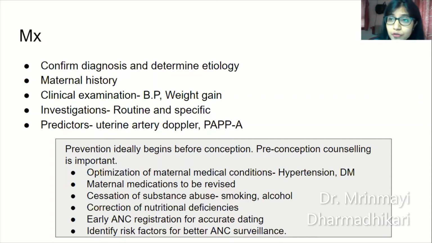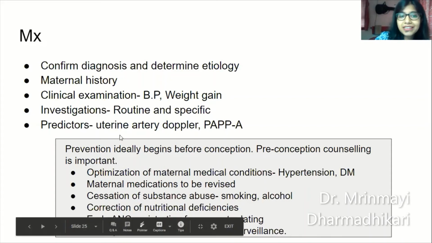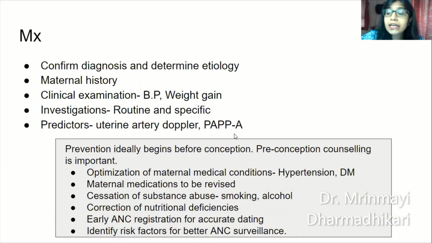Okay, next, predictors of IUGR. Now there are certain predictors of IUGR. For example, uterine artery Doppler, generally done at 20 to 24 weeks of gestation. Increased resistance in the uterine artery or increase in the pulsatility index of uterine artery or a diastolic notching in the uterine artery is suggestive or is a predictor for future occurrence of IUGR babies. Similarly, PAPP-A levels, as you would recall, we do it in the first trimester as a part of dual markers. PAPP-A levels less than 0.4 multiples of median is associated with higher chances of IUGR in the pregnancy.